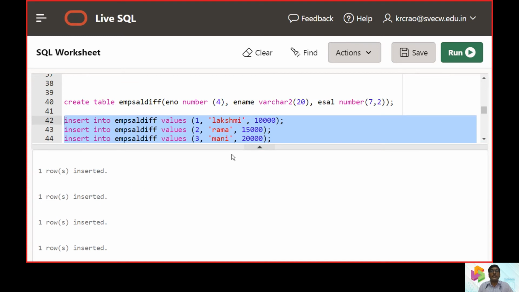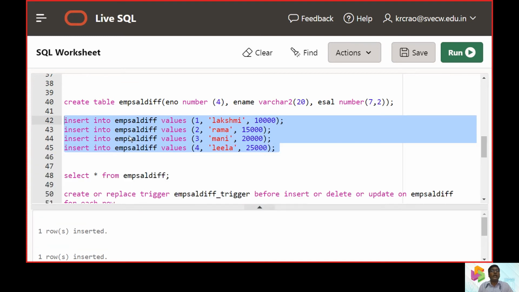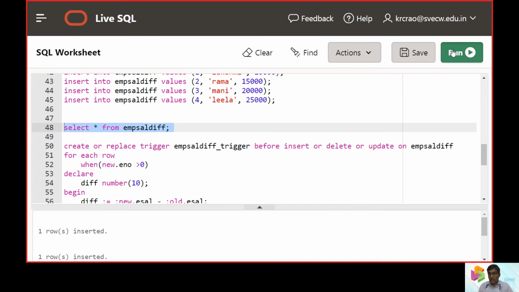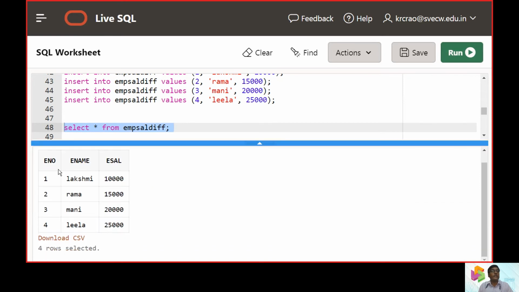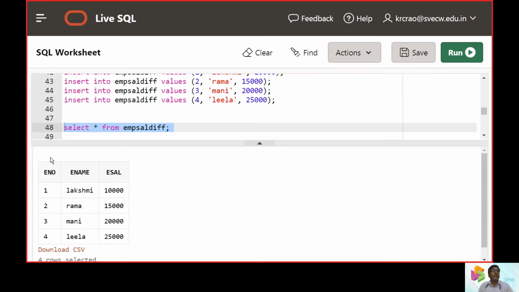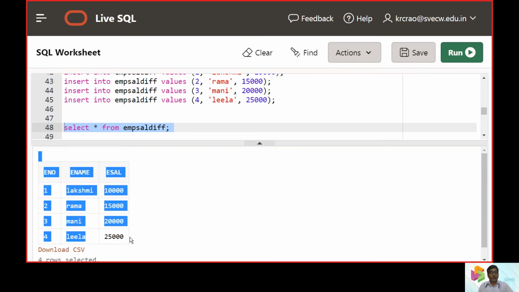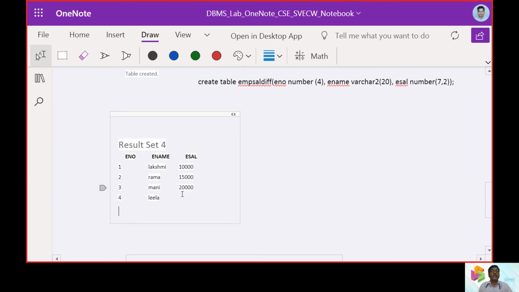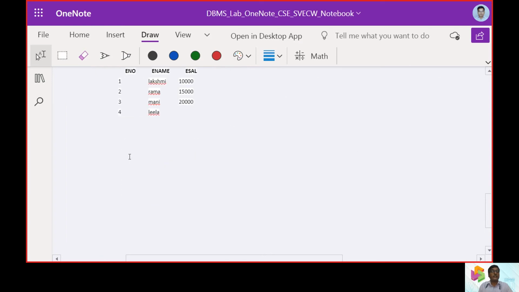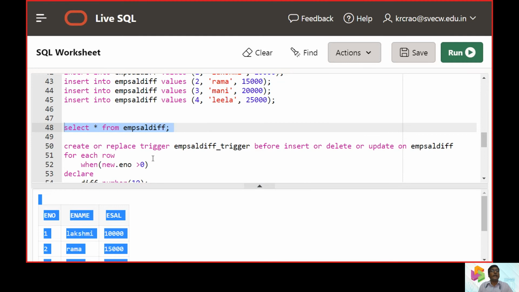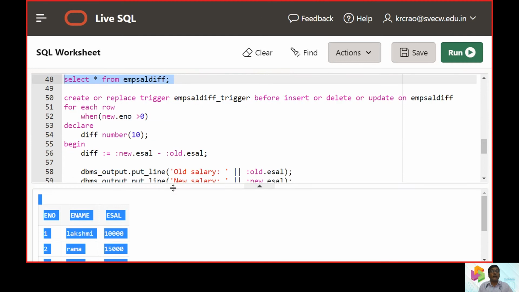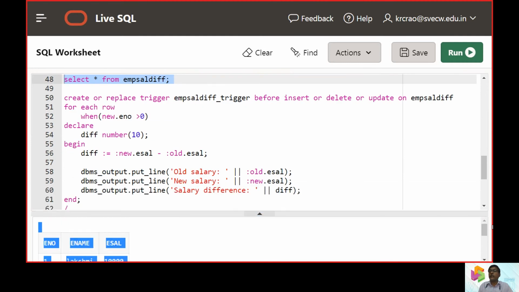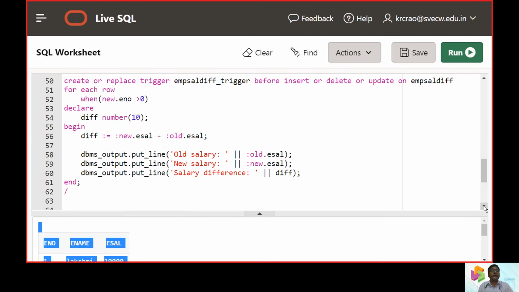The 4 insert commands have been run in the database, and let us see whether all 4 are stored in the database. Yes, they are stored, 1, 2, 3, 4. So 4 records are stored in this case. This is the record set we are going to look at. Thereby now we will talk again about the trigger, and then start executing it.